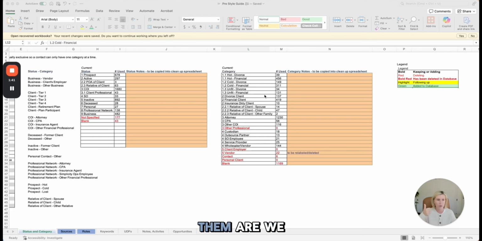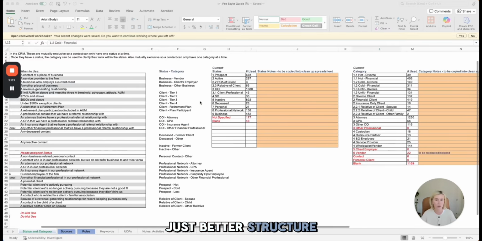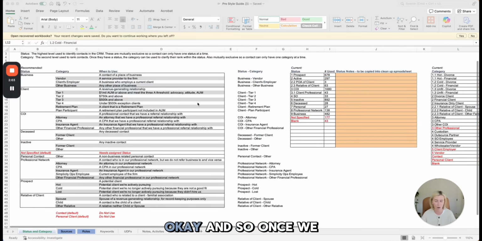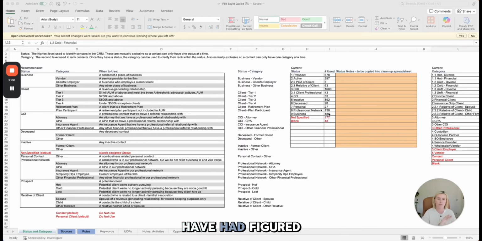Are we keeping them? Are we deleting them? Are there things that we need to talk about and have a discussion around? But it's important that you loop in the key people that are power CRM users to help you flesh out where there's opportunity to simplify the way your database is currently being utilized and just better structure the contents of your data. Okay. And so once we have figured out what exactly needs to be done here, we map it